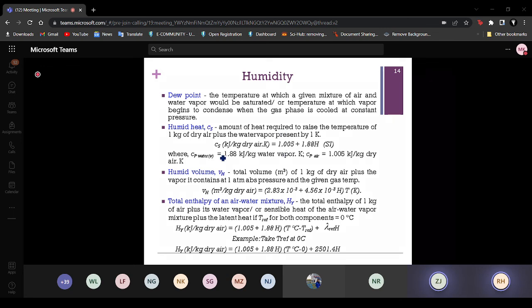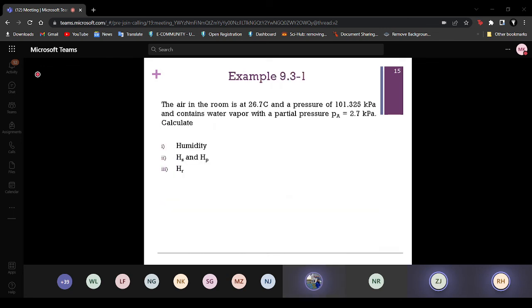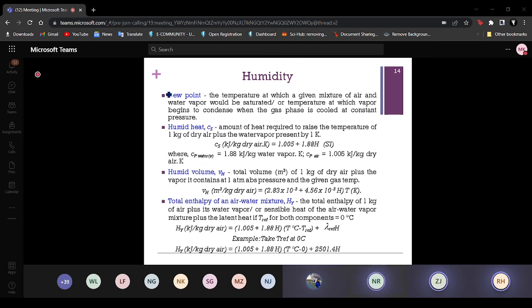Yeah, I think I have to finish this one first and then we're going to stop. Okay, dew point. Dew point is very, very simple. I think you all already know it, you've come across it. Dew point is the temperature at which the water vapor